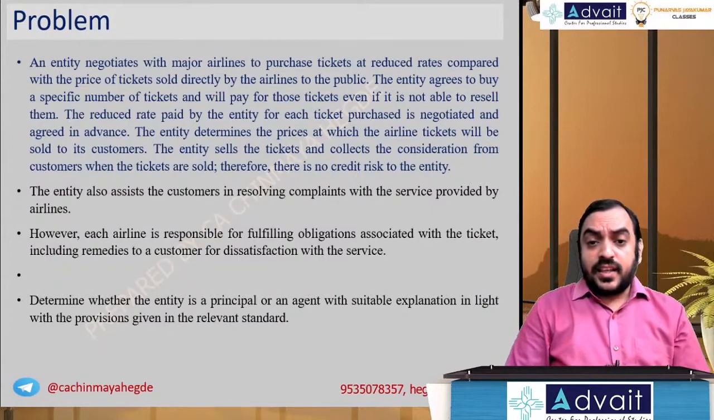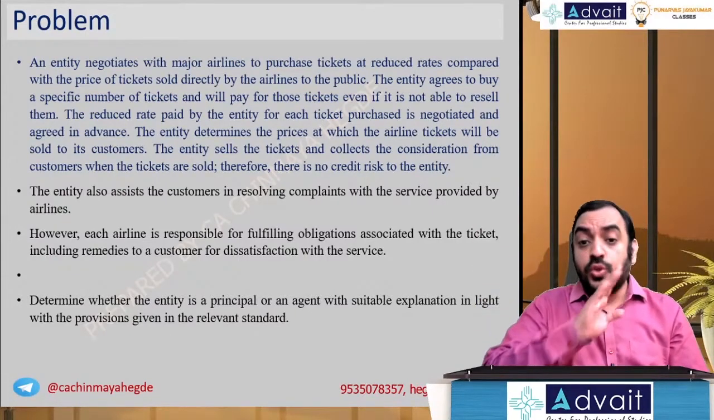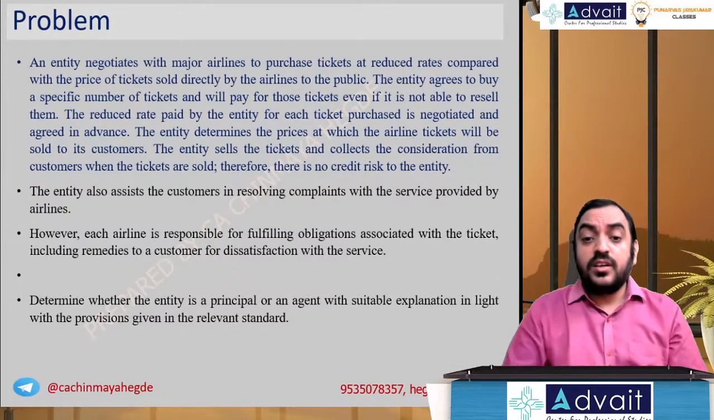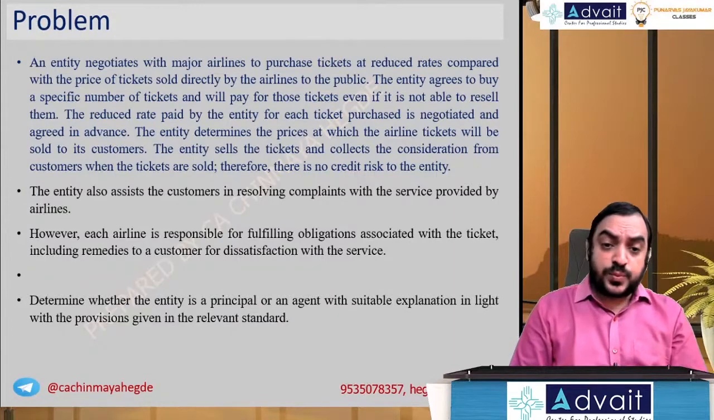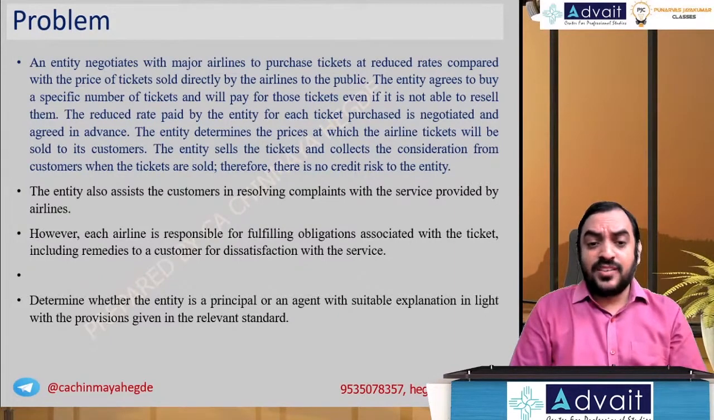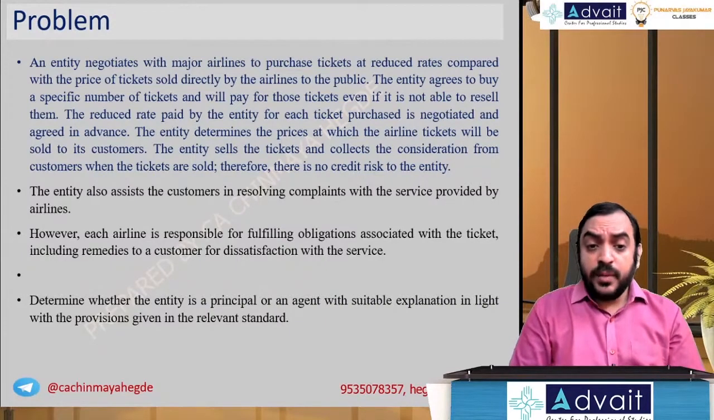The entity sells the tickets and collects the consideration from the customer when the tickets are sold. Therefore, there is no credit risk to the entity. The entity also assists the customers in resolving complaints with the service provided by airlines. However, each airline is responsible for fulfilling the obligation associated with the ticket, including remedies to customers for dissatisfaction with the service. Determine whether the entity is a principal or agent with a suitable explanation in light of the provisions given